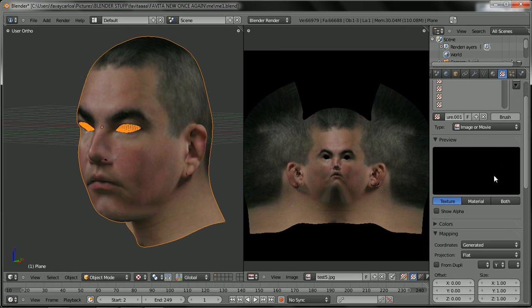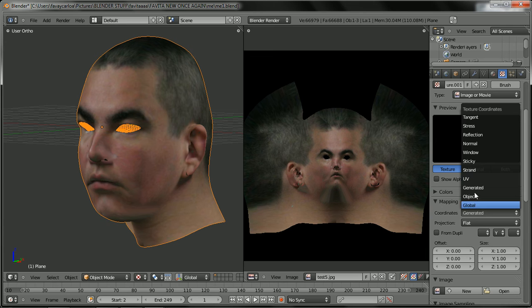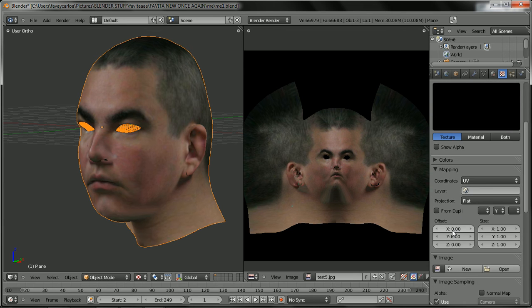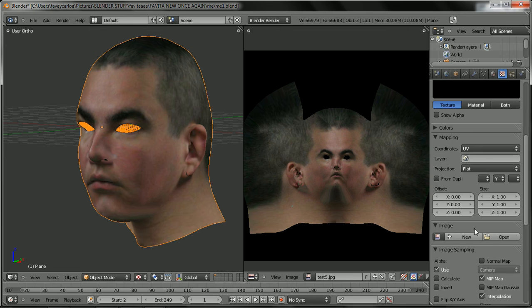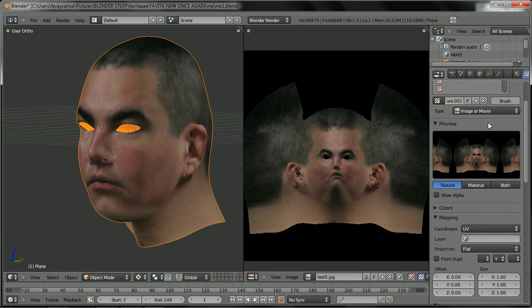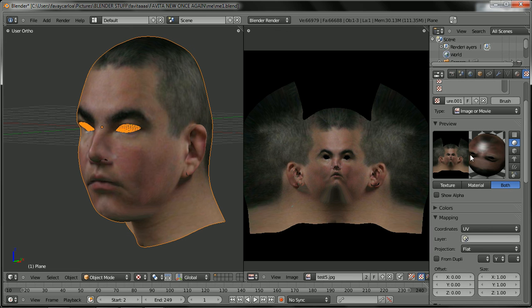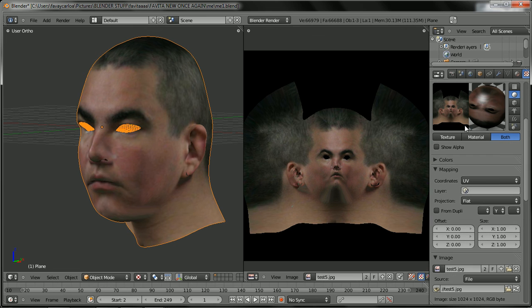The coordinates are going to be UV, and the image is going to be the image that we created, which was test 5. Open it, and there we go. Let me see it as a material or both. Okay, there we go. Now, if I go ahead and render this,